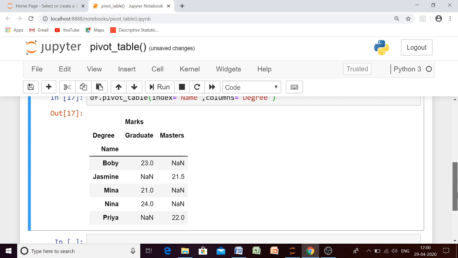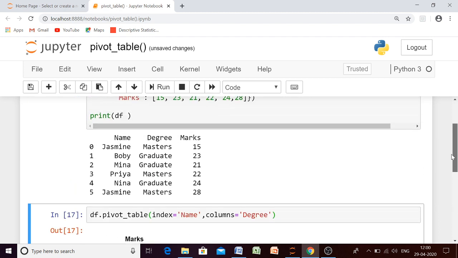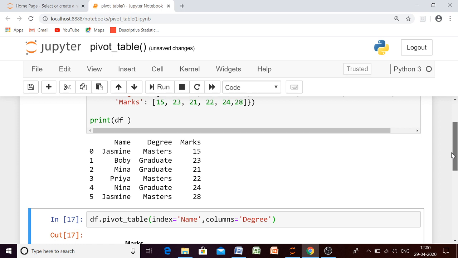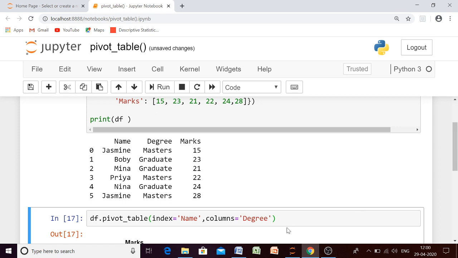So you got the difference between the pivot and pivot_table functions. By default we get the average of duplicate values. Now you may change it by using the third attribute. Suppose you want the duplicate entries to be added, then you have to use the third attribute, which is the aggregate function, and write it here. If you are not using it, by default you are getting the average, and average means which aggregate function? The mean aggregate function. Mean is nothing but the average.